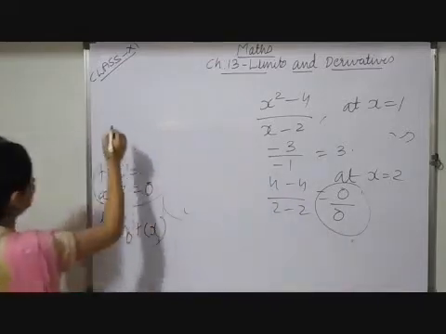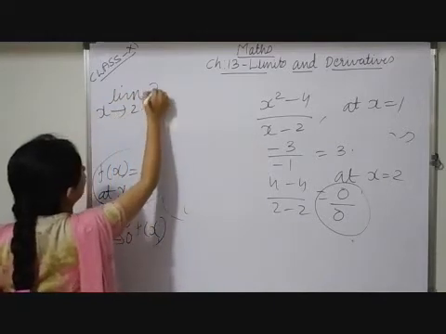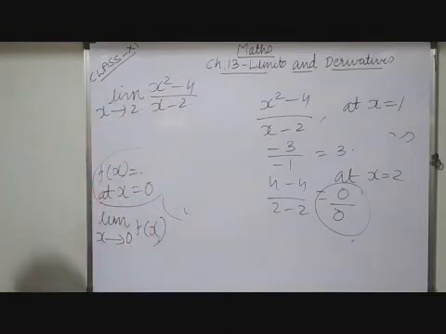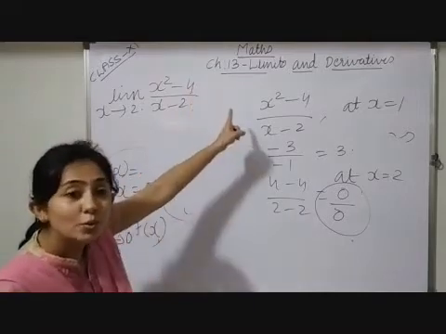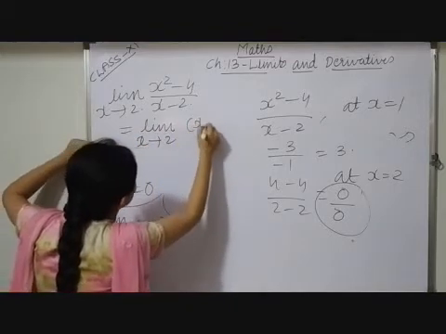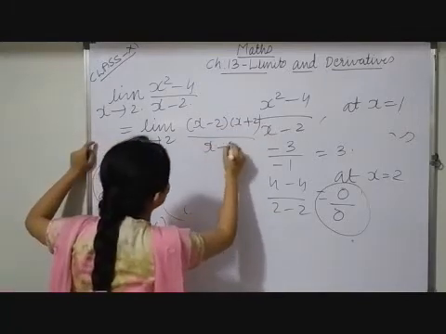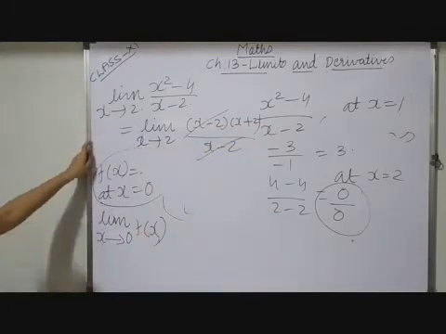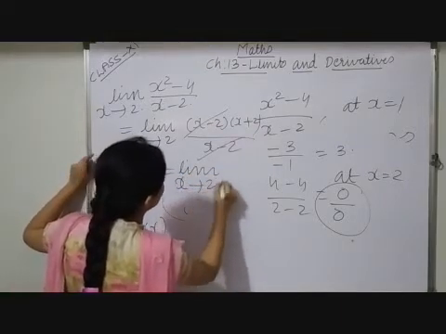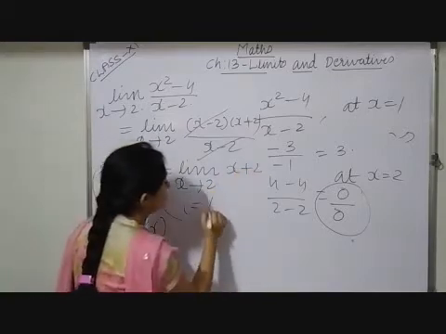Now what we will do after applying a limit, see. So limit x tends to 2. Now I will write down our actual function, x square minus 4 upon x minus 2. Here you may observe 4 is a square of 2. So in place of this, here I can write limit x tends to 2, (x minus 2)(x plus 2), your identity a square minus b square, upon x minus 2. You may observe x minus 2 cancels out from the numerator and denominator. So what is left with us? Limit x tends to 2, x plus 2. Now see, if I substitute 2 here, my answer is going to be 4.